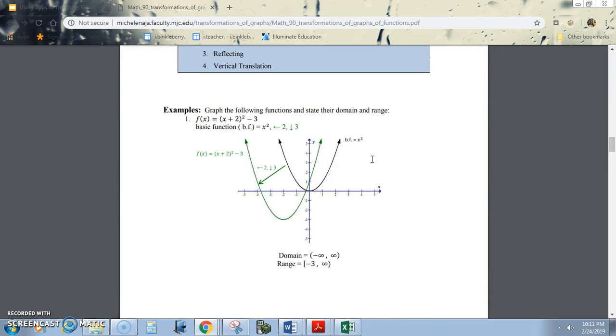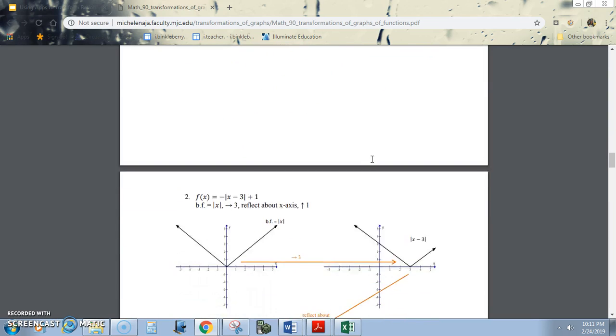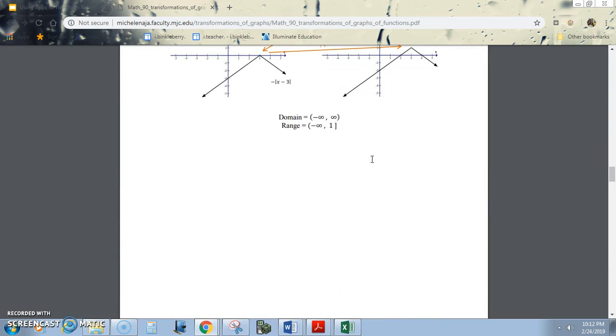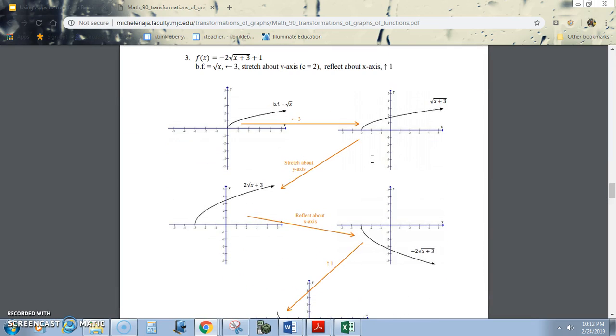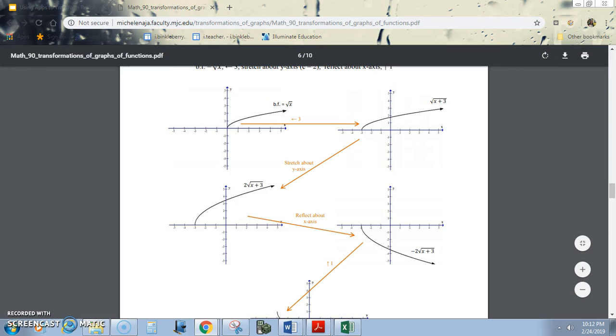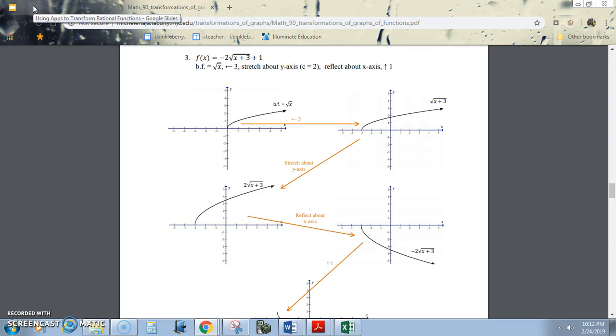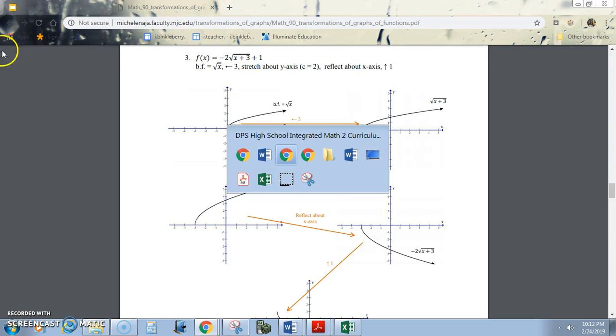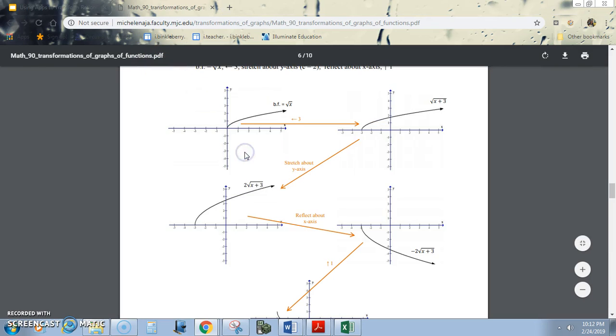Multiple transformations, it walks you through just using more than one at a time. And after you get through all of this information, and again, this should mostly be review. If you need extra help, you can let me know. Then we are going to go, well, let's go back to our,